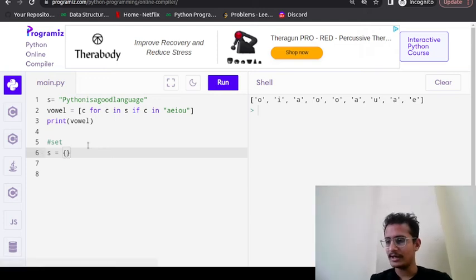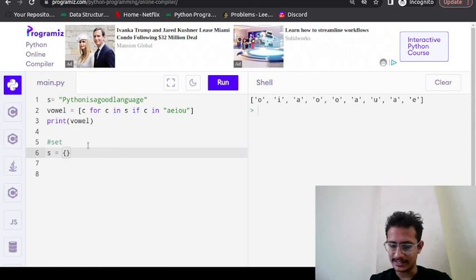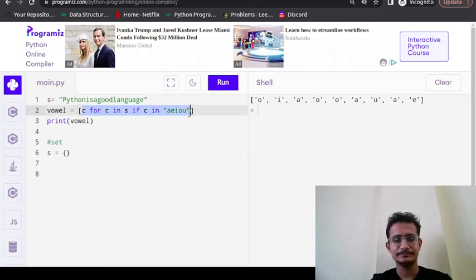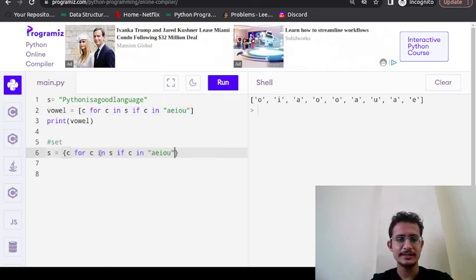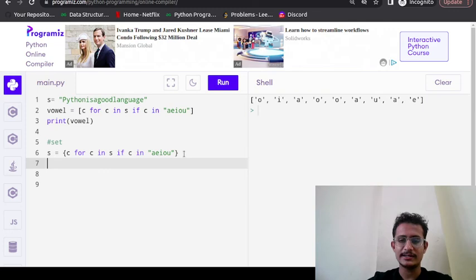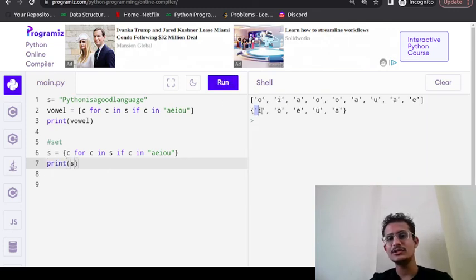I hope I am writing the correct syntax, and the rest will be the same. Let us print S. As you can see, you got all the A, E, I, O, U unique. I is coming 1 time, O is coming 3 times, but the set has given us each only once.